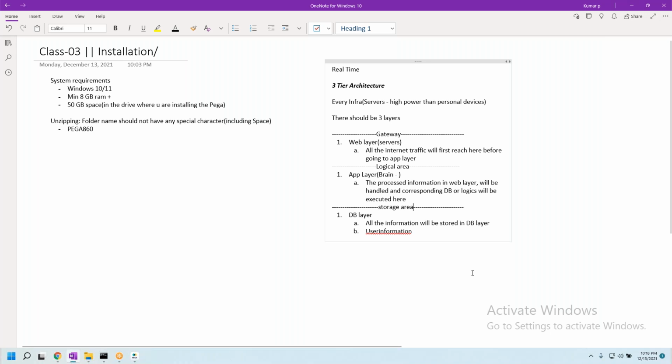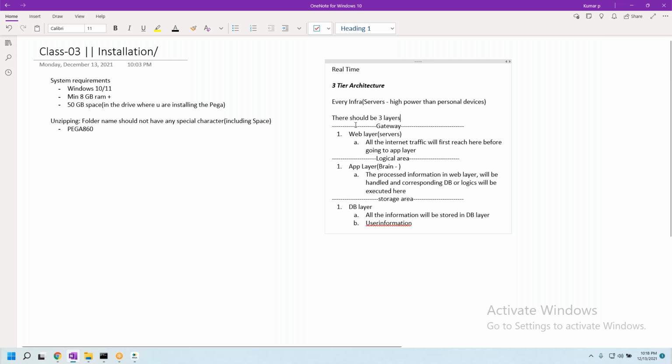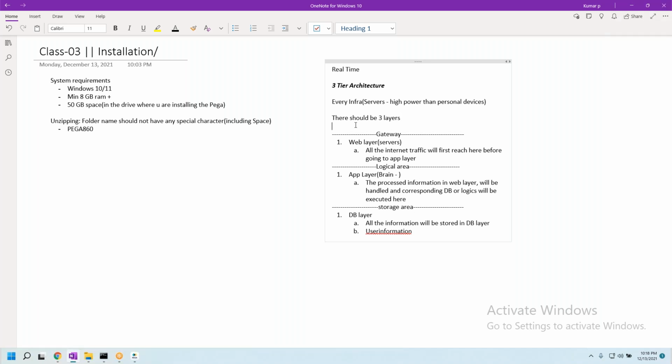So this is the real enterprise architecture. Whatever we do in the real-time environment, basically all of them will have this kind of 3-layer architecture. No matter which infra you see, it may be Amazon cloud, or Microsoft Azure, or an on-premises platform. I'll be talking about that also. They will have this 3-layer architecture for sure, and this is the standard. I think it became standard somewhere around 2005 to 2010.